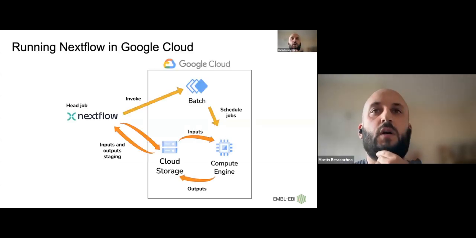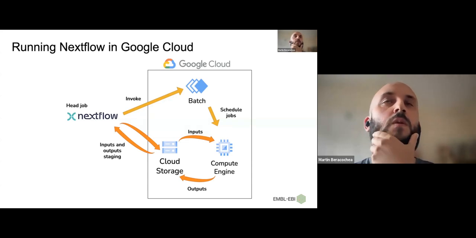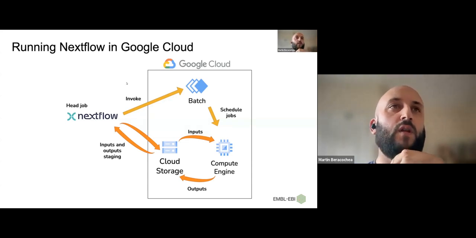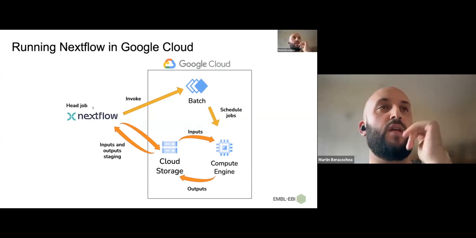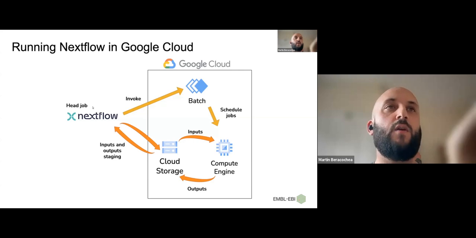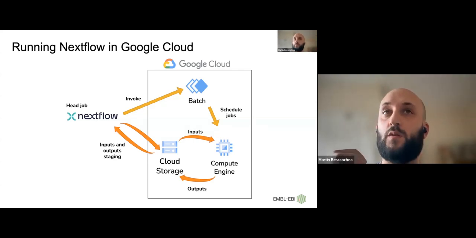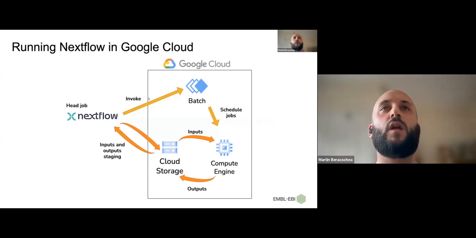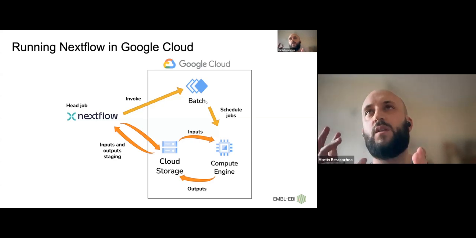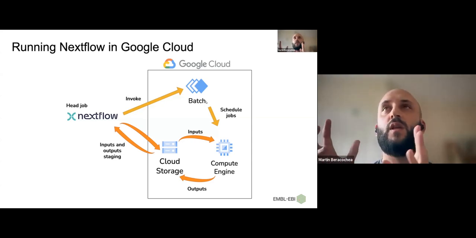So I just want to touch on how Nextflow actually connects to Google Cloud. Hopefully you can see my cursor here, but on the left-hand side, you can see the Nextflow head job. So basically, that's how you run the process. Nextflow is going to connect directly to Google Cloud through the APIs, and it's going to call what is called Google Cloud Batch, which is the batch execution engine